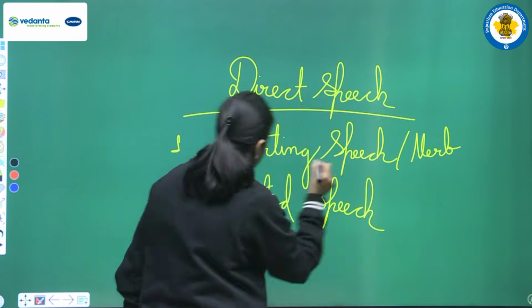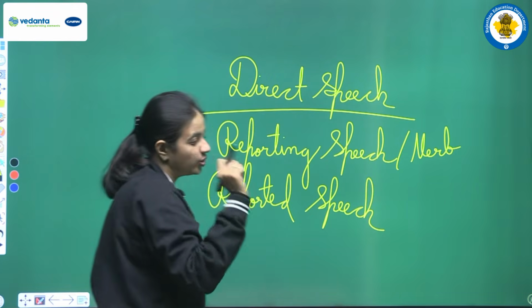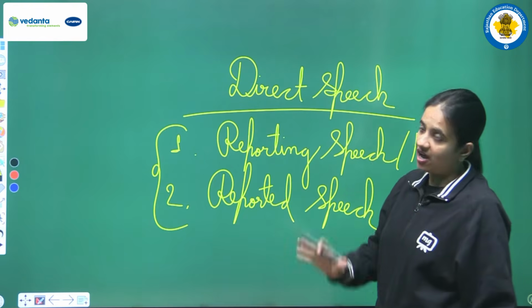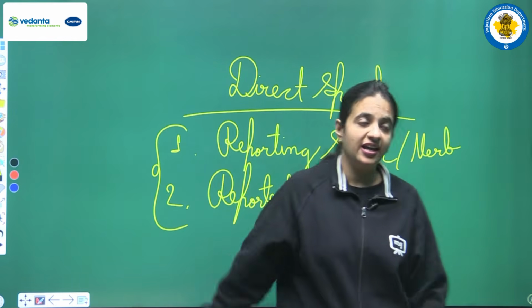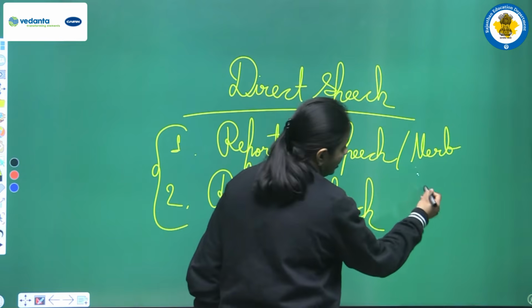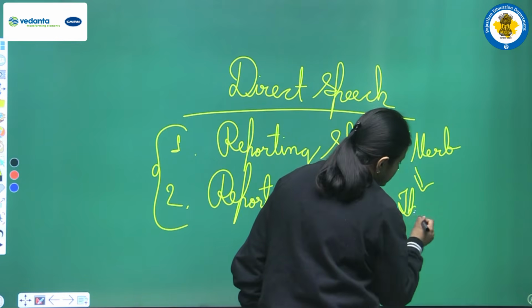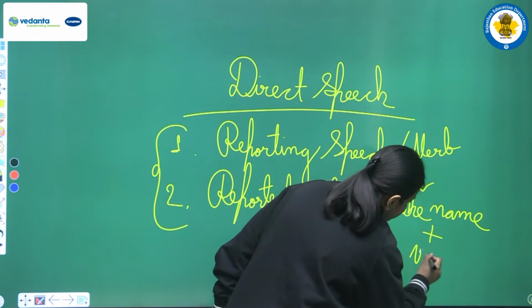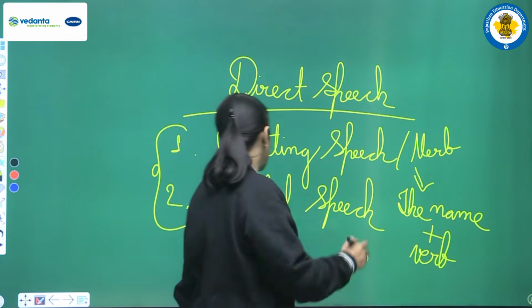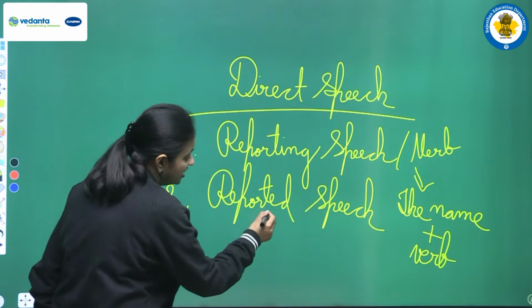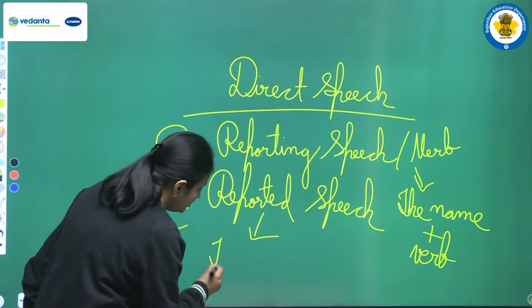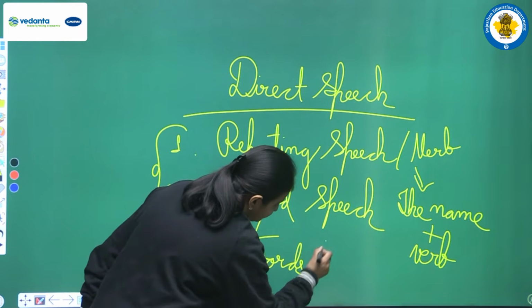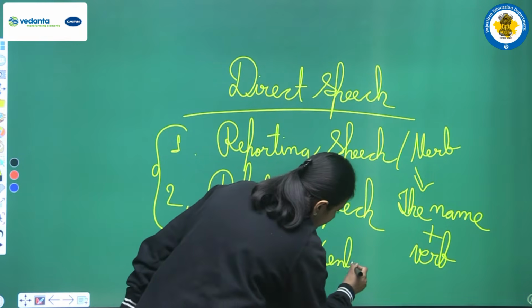Okay, and together these two parts make one sentence of direct speech. Now, what is there in reporting speech? In reporting speech we have the name of the speaker plus one verb, right? And what is there in reported speech? In reported speech we have the words, or we can say the sentence,